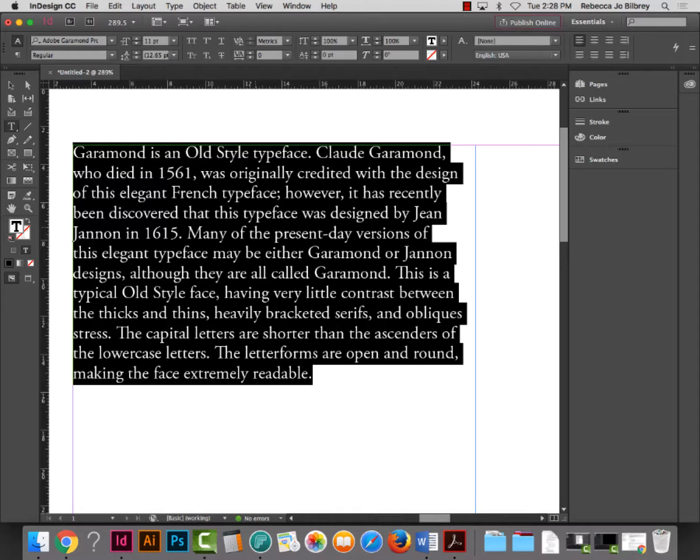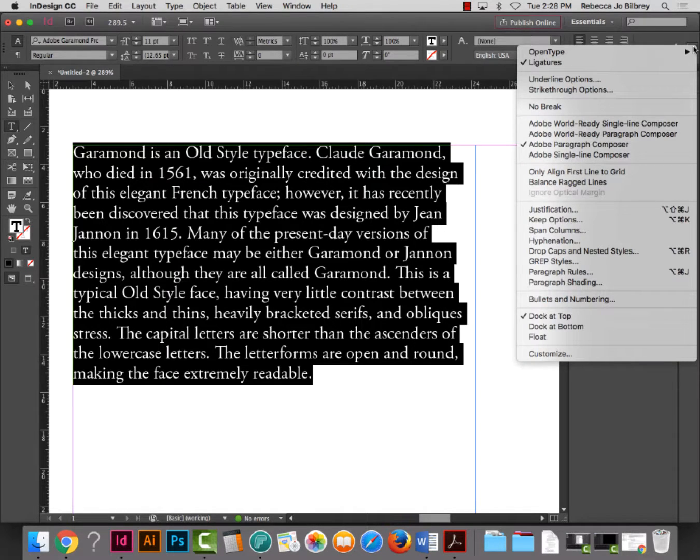there's a secret little place to go for that. So I'm selecting all of my type here, and then I'm going to the far right of the control panel. You'll see a little mark with 4 hashes. It's like a little box with 4 hashes. I click on that and you get a flyout menu, and this is, I call this a Toucan Sam secret